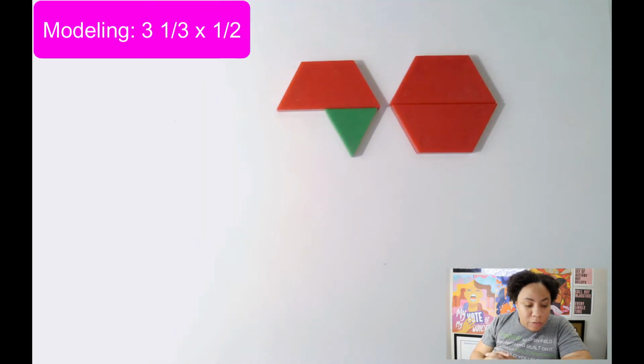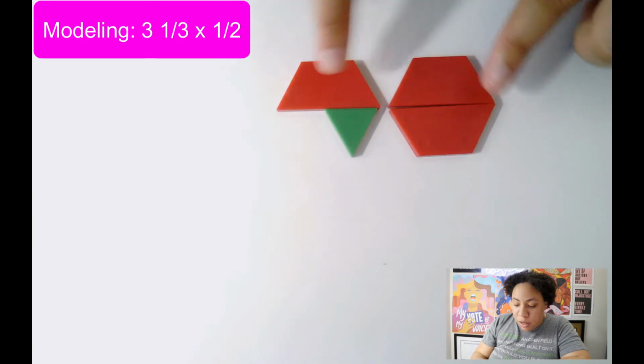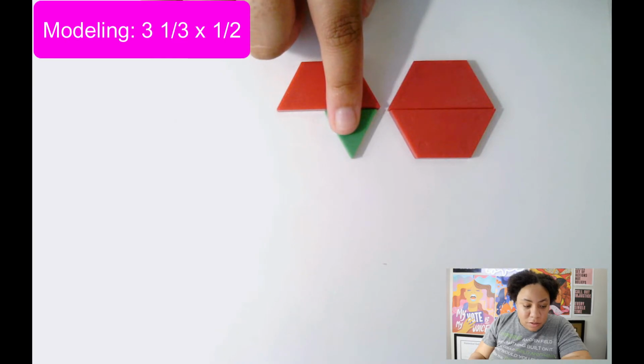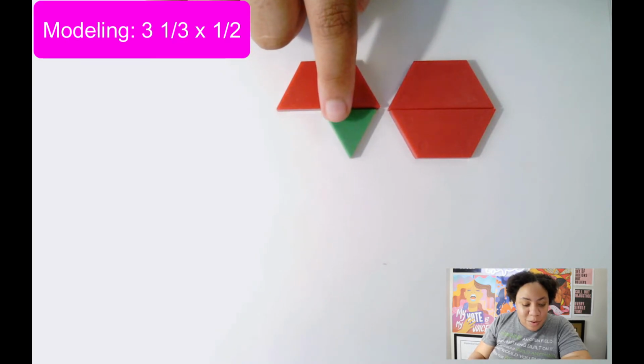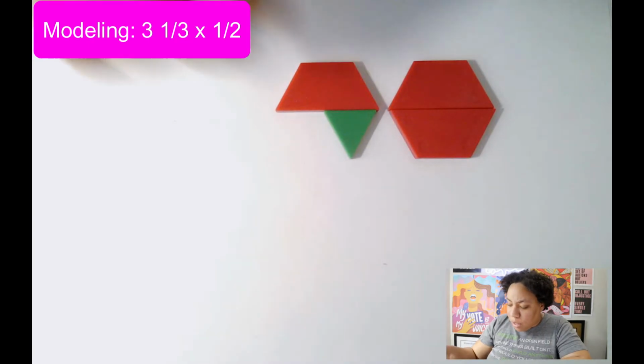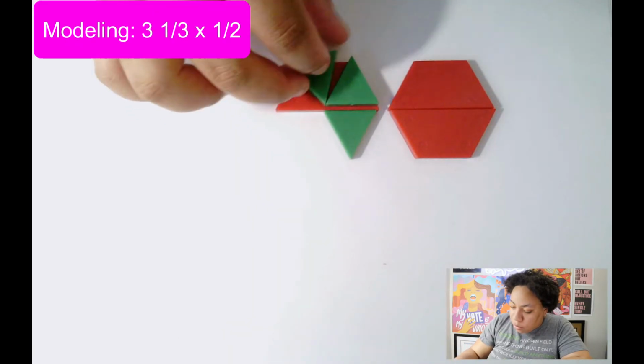So what we have here is a representation where we have a whole here, okay, and then we also have a half and a sixth, right? So what's going to end up happening is you're going to basically break down this half. I was like, how can we break it down to make it look like the sixth here? So here,